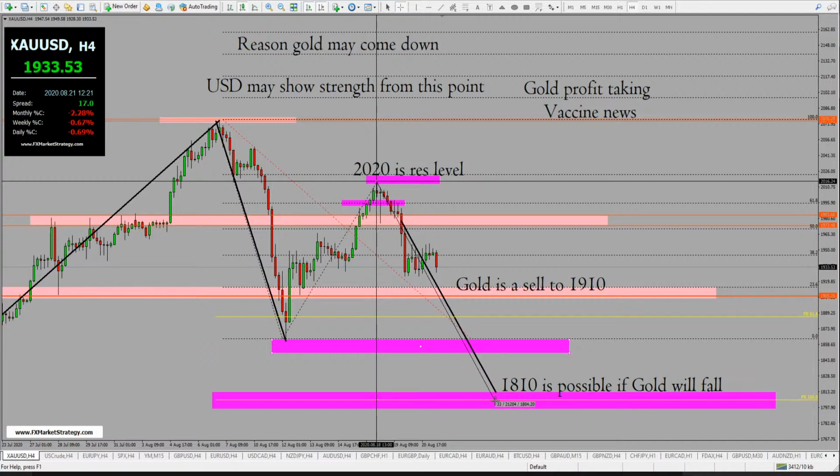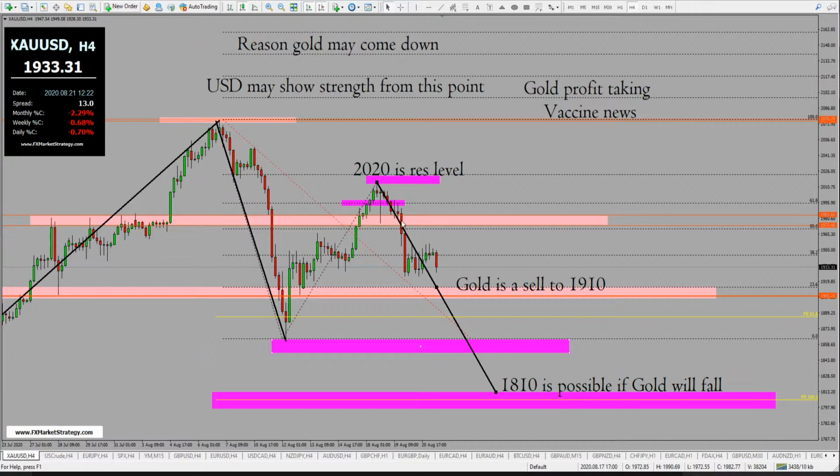That's where we have 210 exactly right here. So if this first wave is going to be the same length as this wave, then the price is going to come to 1810. And that's why we highlighted this 1810. If this is going to be like an A, B, C, D shape, so if this will be forming as A, B, C, D here,